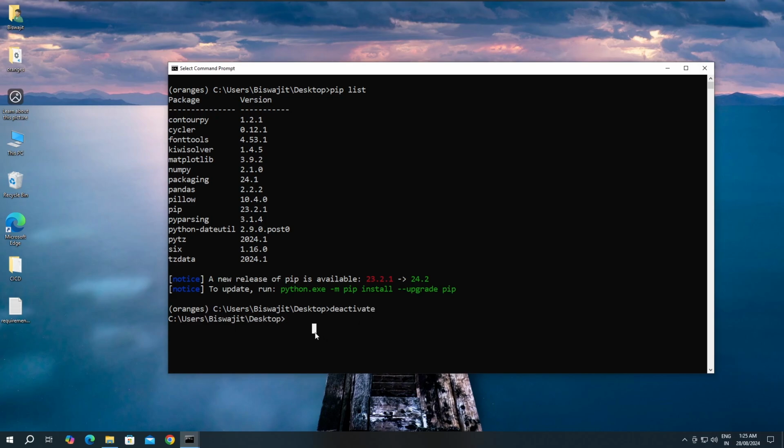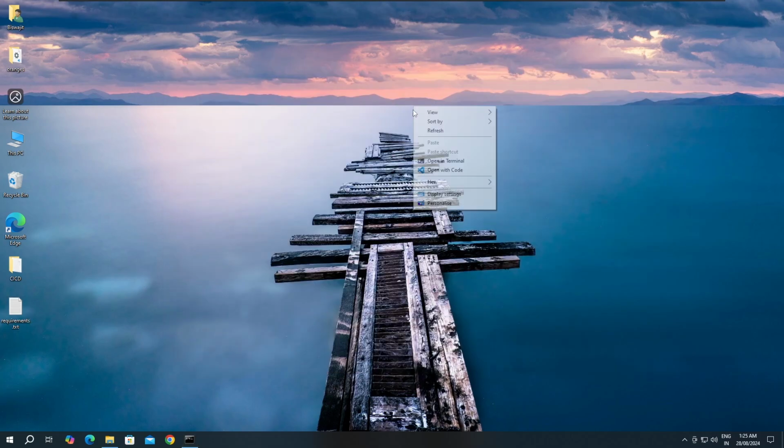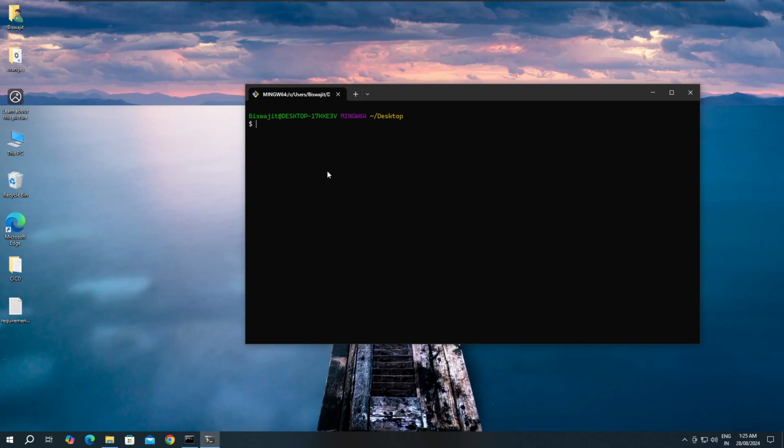this is the command. Now there is a slight difference that you have to know when you are using command prompt versus when you are using bash in Linux, Ubuntu, Debian, any Linux distribution, or your git bash. I already have a git bash, so I'll show you how it works there. I just opened my git bash. Now creating the environment is the same. I will do python -m venv,